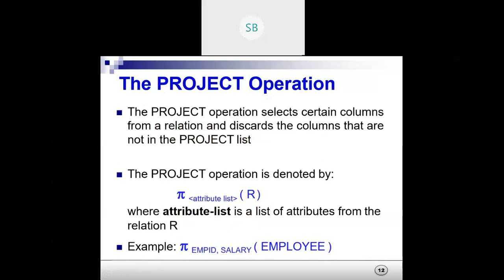When we want to filter out some rows, we need to use the select condition. But what if I want to retrieve certain columns from the database? Then we need to go for the project operation. Always remember, select works on rows and project works on the columns, that is the attributes.